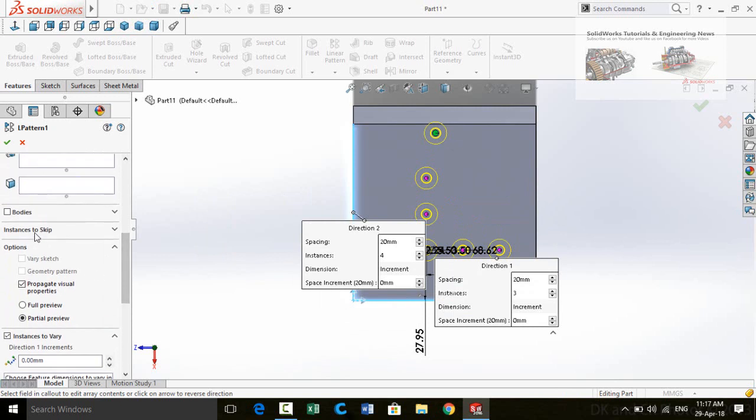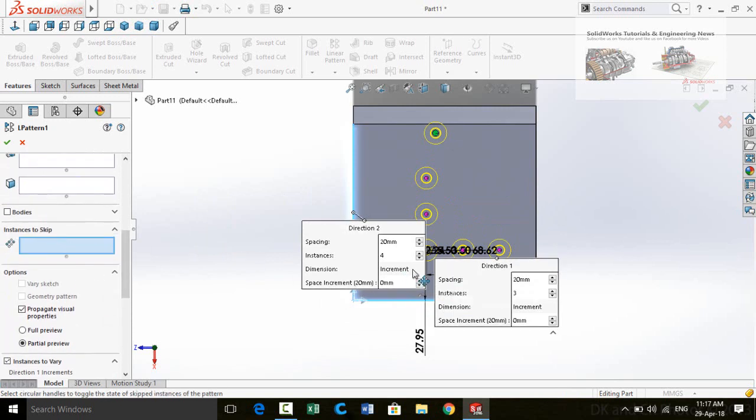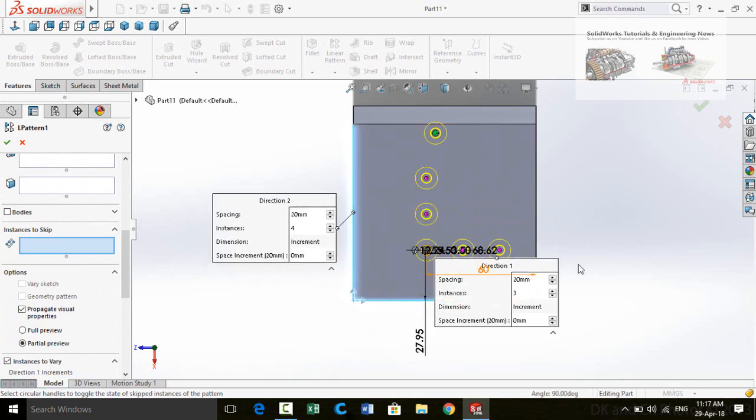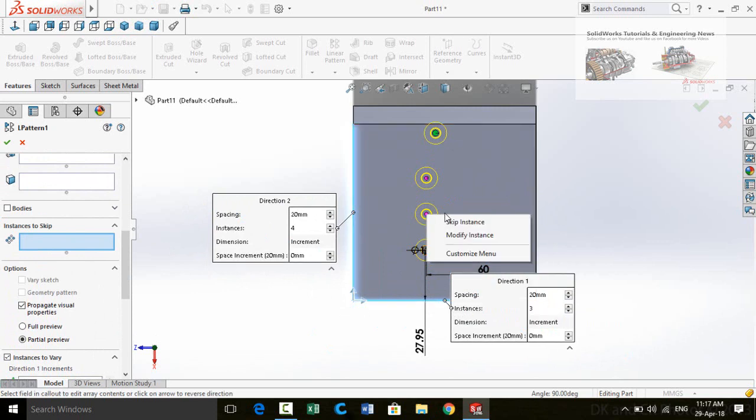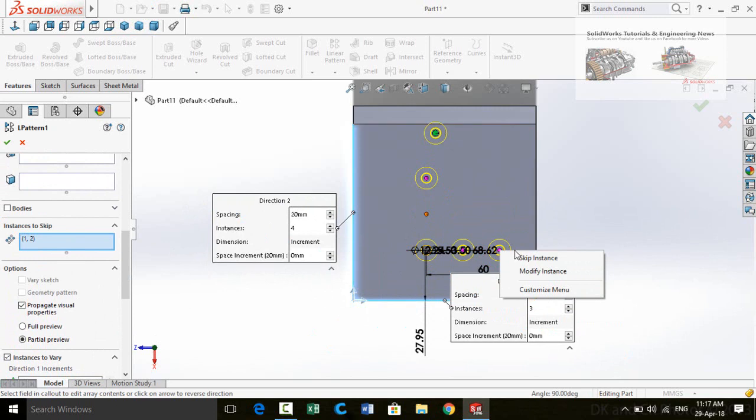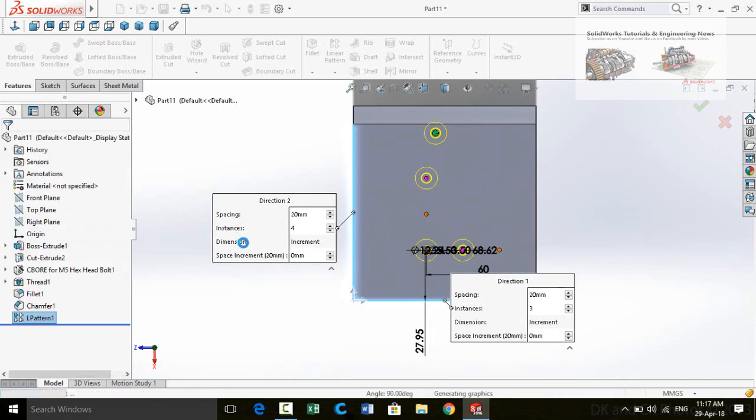Here we also have instances to skip option. So select the instances that you want to skip. Skip this instance. Skip this instance. Press OK button to apply this command.